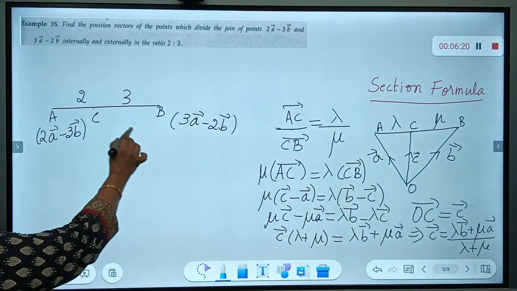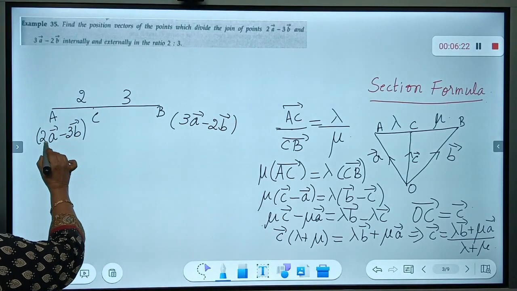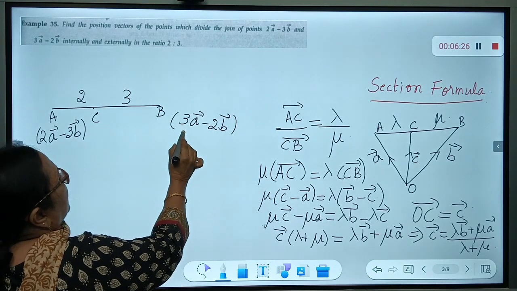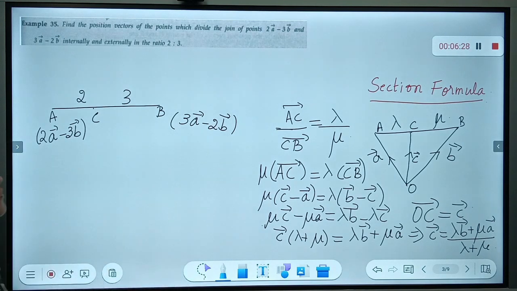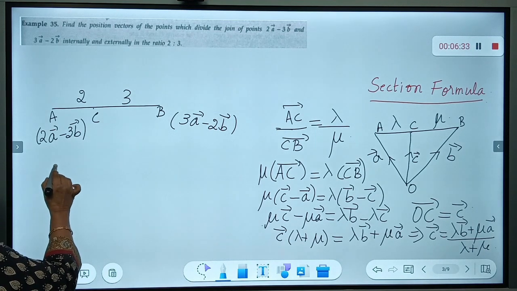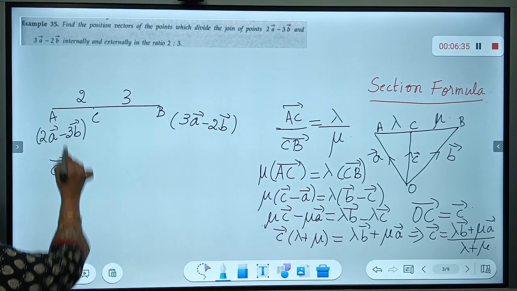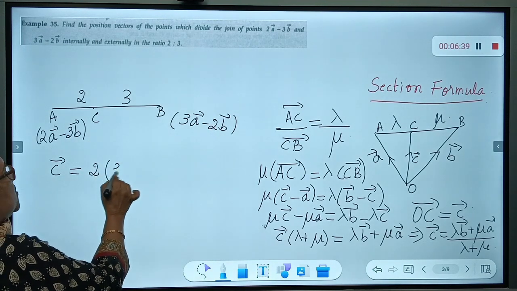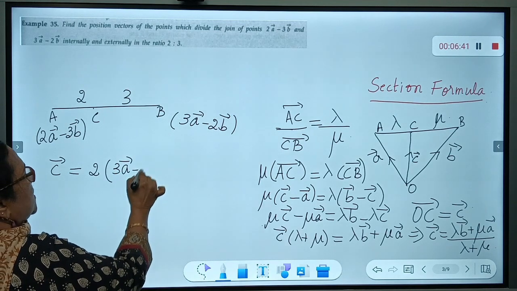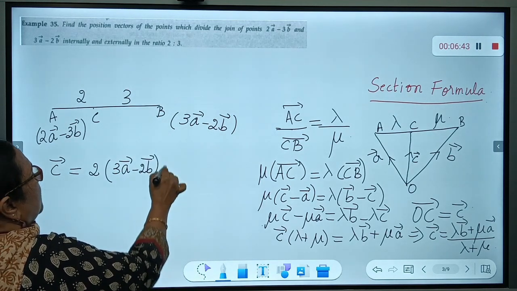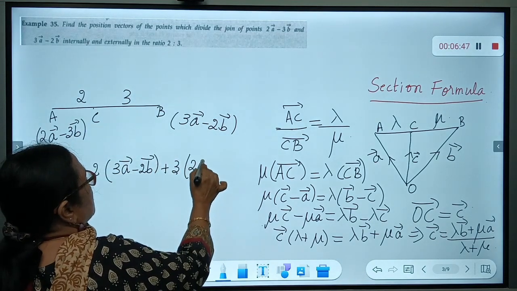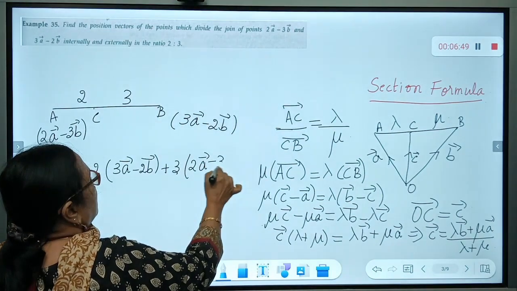Now this is what is given in the problem. A has the position vector 2A minus 3B. B has the position vector 3A minus 2B. We have to find the position vector of C vector. So C vector will be 2 times the position vector of B, which is 2 times 3A vector minus 2B vector, plus 3 times the position vector of A, which is 2A vector minus 3B vector,